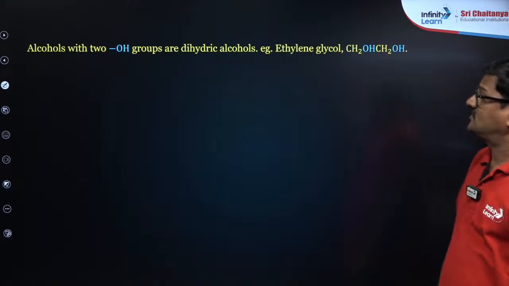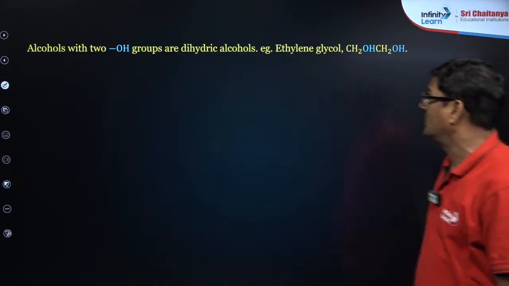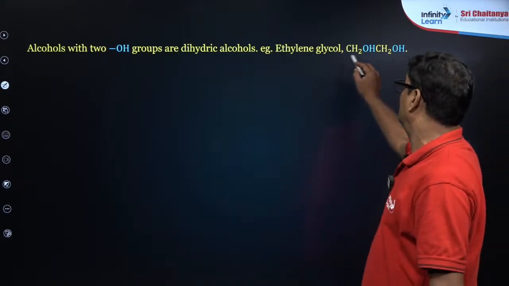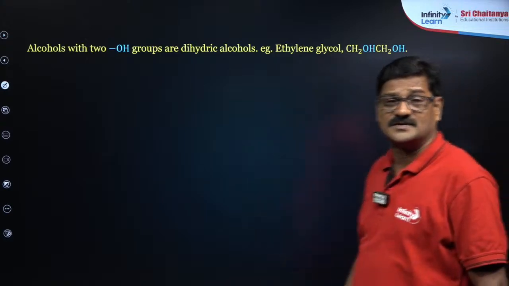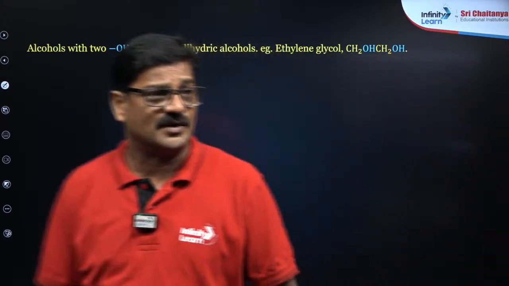Alcohols with two OH groups are dihydric alcohols, that is ethylene glycol, CH2OH, CH2OH, ethylene